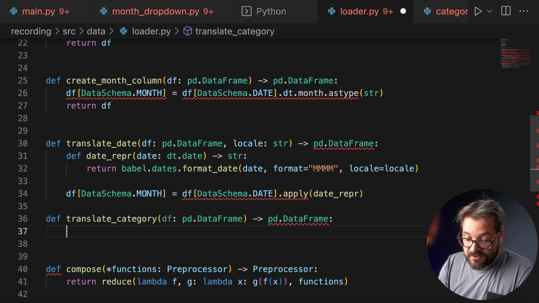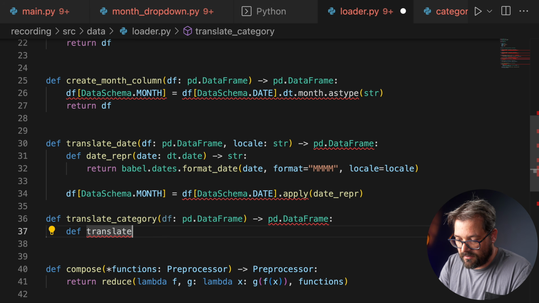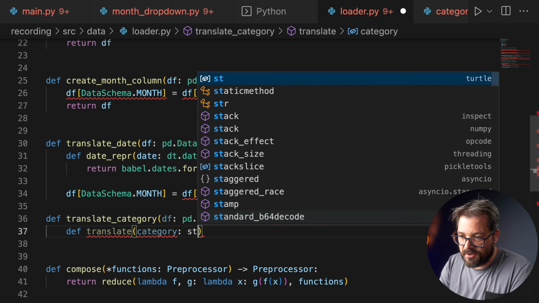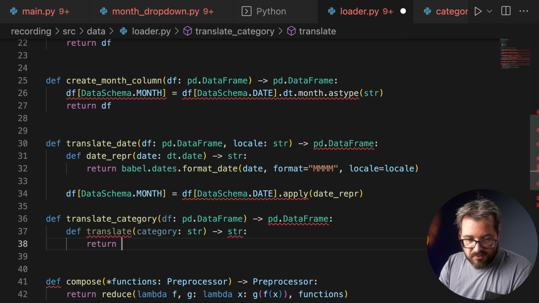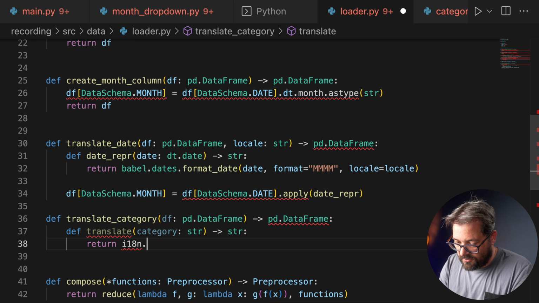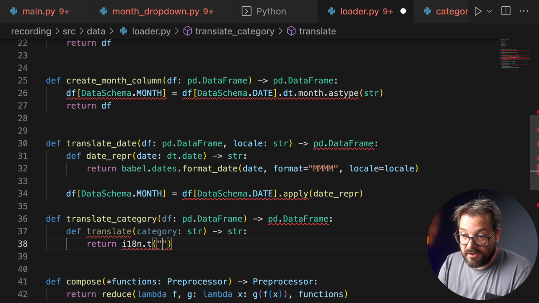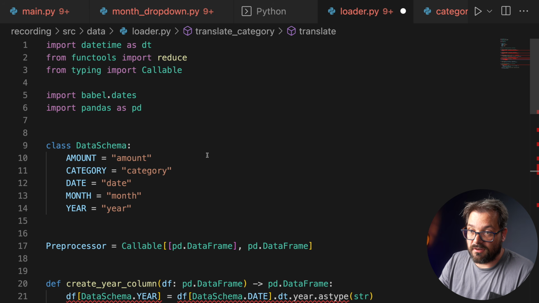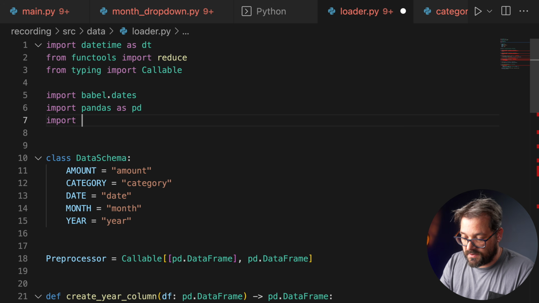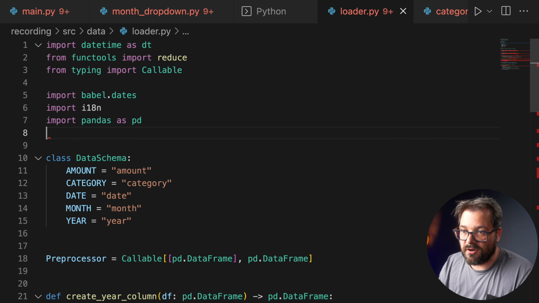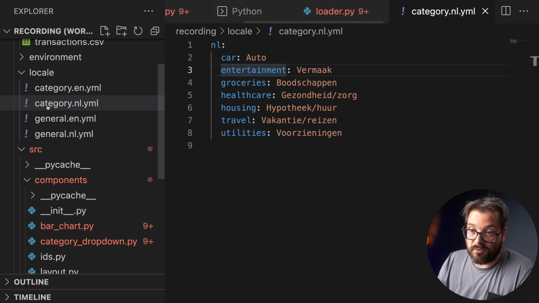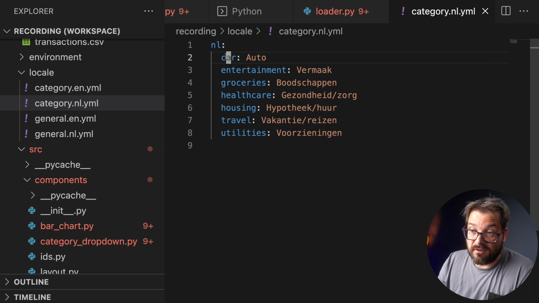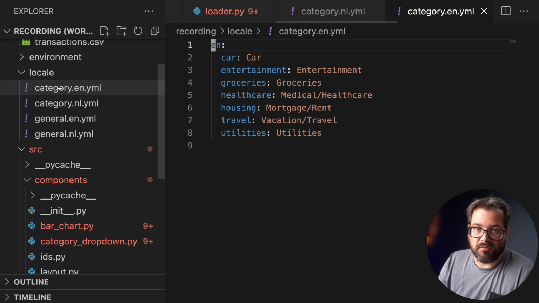So just like with date translation, I'm going to define a helper function. That's going to get the category. This also returns a string. And this is going to return the I18N.t. And now I need to supply the translation value. Let me import I18N first. There we go. And what I did is I created already translations for these categories. So we have category, and then we have the name of the category, and have them both in English and